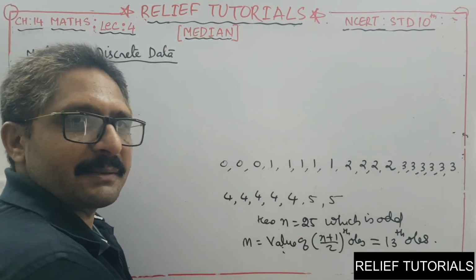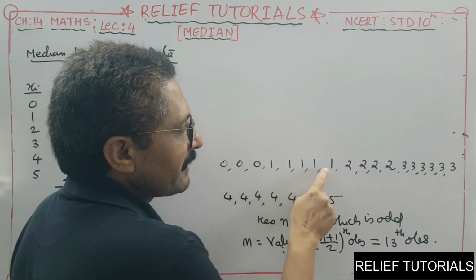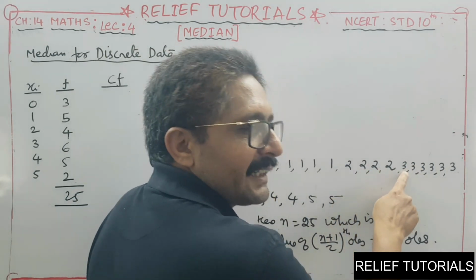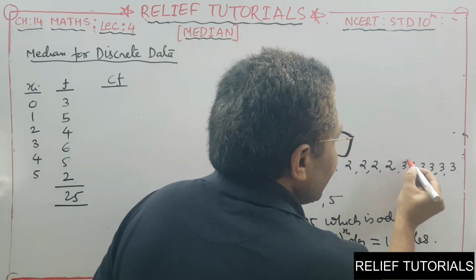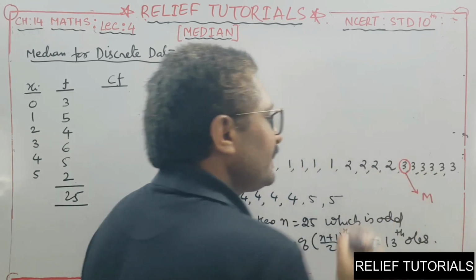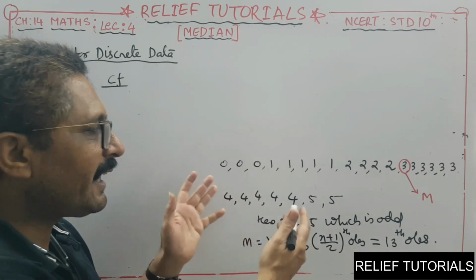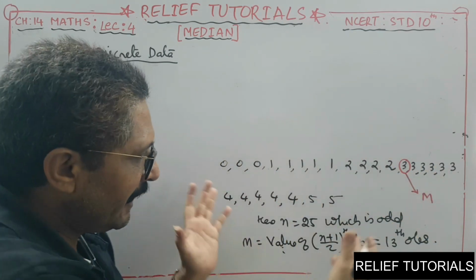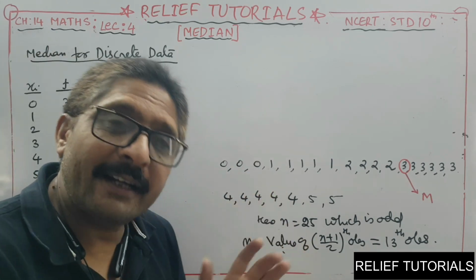Now we will see which is the 13th observation. First, second, third, 4, 5, 6, 7, 8, 9th, 10th, 11th, 12th, and this is the 13th observation. So the 13th observation here is 3. So our median is 3. But this is not a practical method, no? Every time we can't convert grouped data into ungrouped data and then find the median. So it is not practical. In order to avoid this situation,